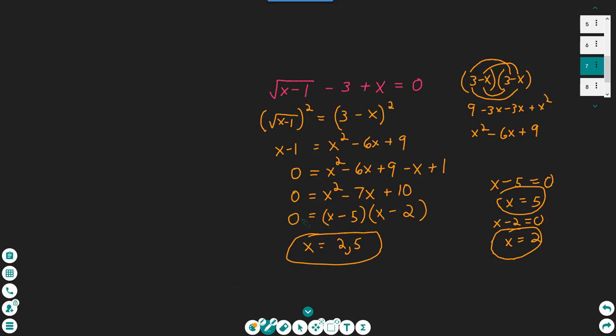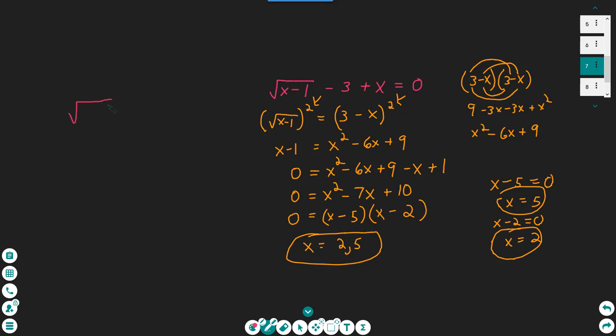Okay? Now, we have to remember that we did do a square move up above. We did this square move here to get rid of the radical, the square root. So we need to check these answers. So let's plug these answers in. We'll start with the 2. Going back to our original equation,